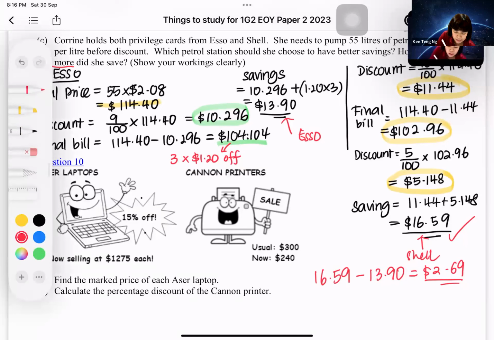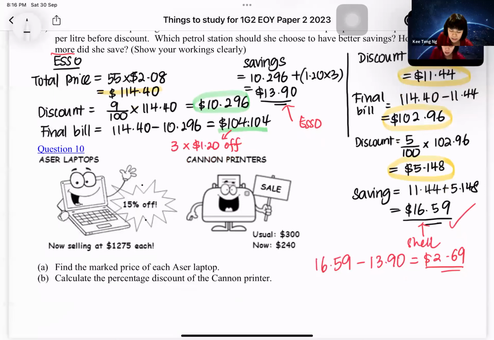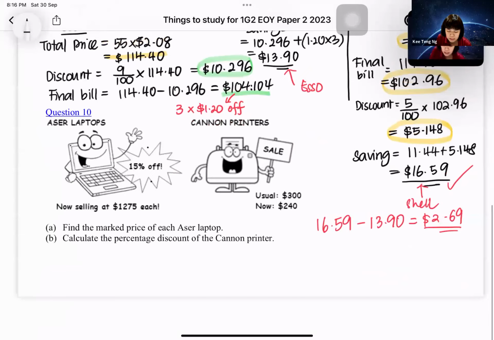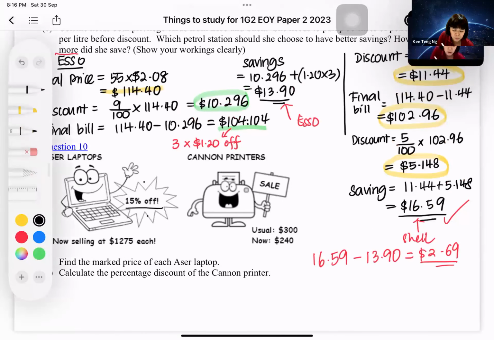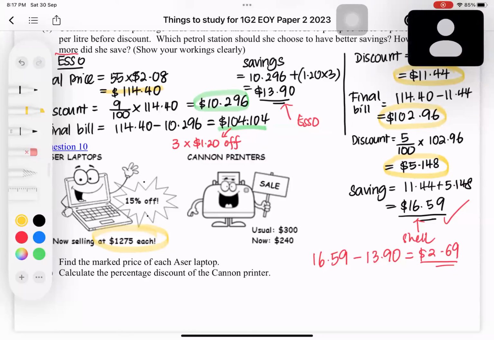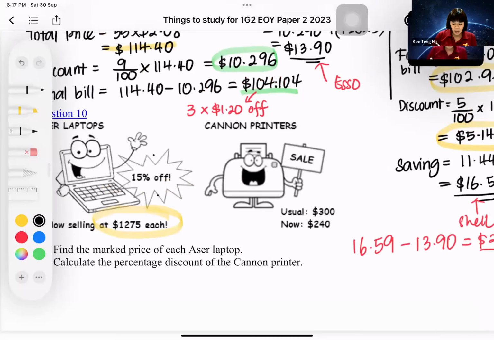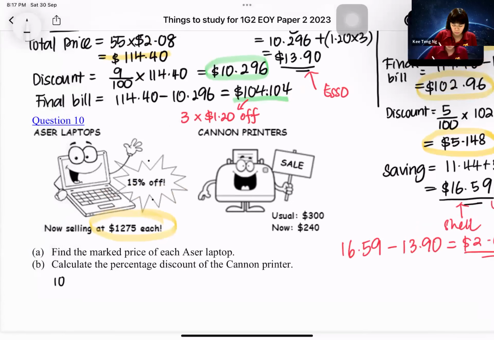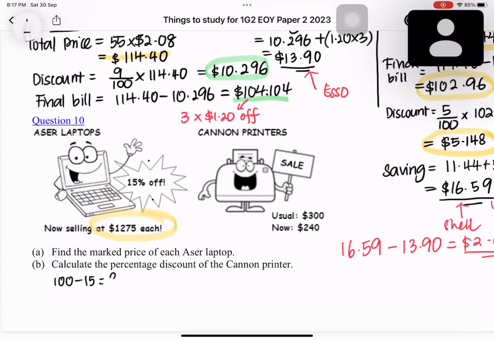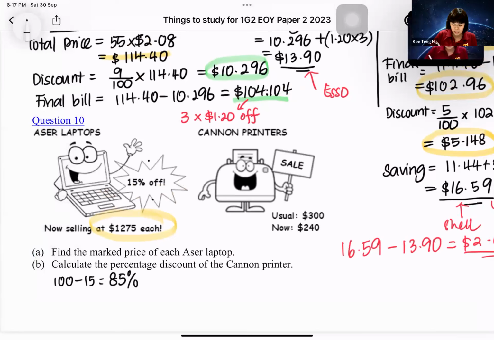Next question, question number 10. Okay, question 10. Now the selling price has a 15% discount. If I have a 15% discount, is this 1,275 the original 100% or is it already after the discount? Is this 100%? Yes or no? No. Okay, correct. So this is not 100%. This is how many percent? This is 100 minus 15%, right? 85. Okay, thank you. So 85%, part A,